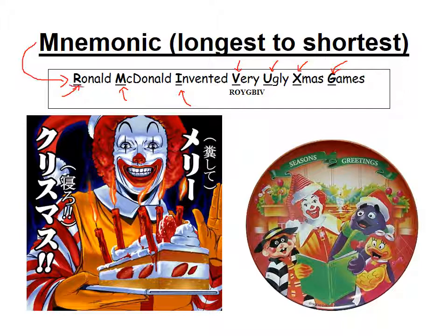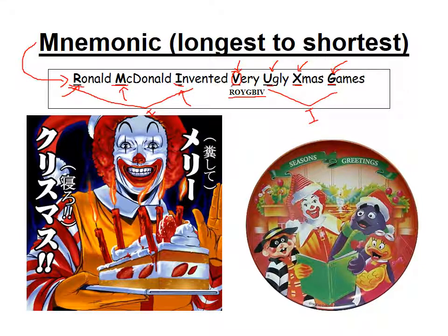These R, M, I, U, X, G, these are the invisible forms of light. I'm going to put I for invisible. These are the ones that we cannot see. But they are there. We can measure their energy. This V is visible. And you'll notice below it, I put another little mnemonic to help you remember the different